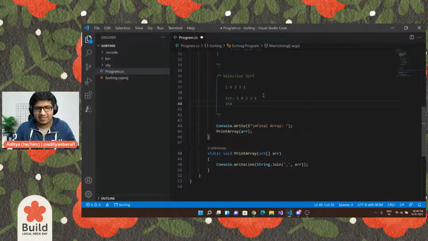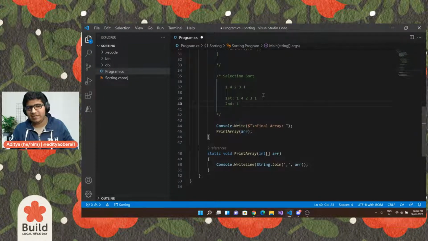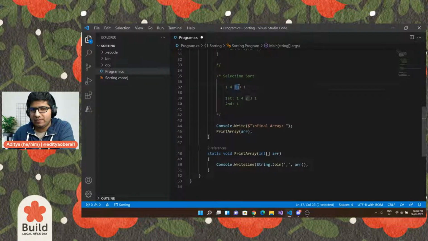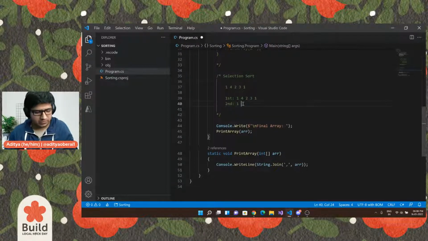In the second iteration, that first one is fixed. We're at 4, and we're gonna check through the rest of the array. So we check through 2 3 1. 1 is the smallest value, and 1 is smaller than 4. So what we do is we swap 1 and 4. So the array becomes